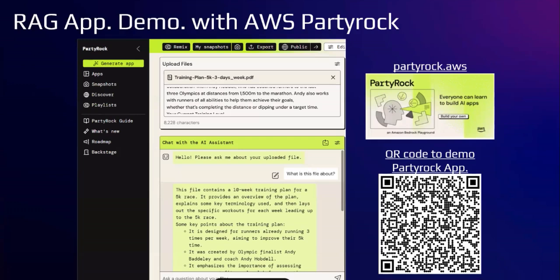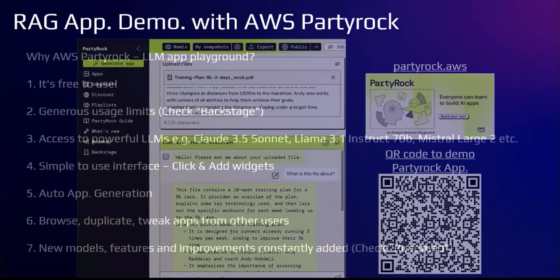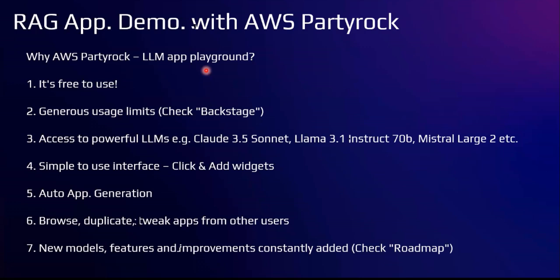If you have used Claude, the free version, it'll tell you after a few prompts that you've used up your amount of usage for the day. AWS Partyrock doesn't have this problem. It has an overall limit on its usage, but it's really generous. You also have access to powerful large language models like Claude 3.5 Sonnet, Llama 3.1 70B, and Mistral Large 2. Although these are not the most powerful versions, they are the middle tier ones, which are really good already, and to be able to access them for free is a strong perk.